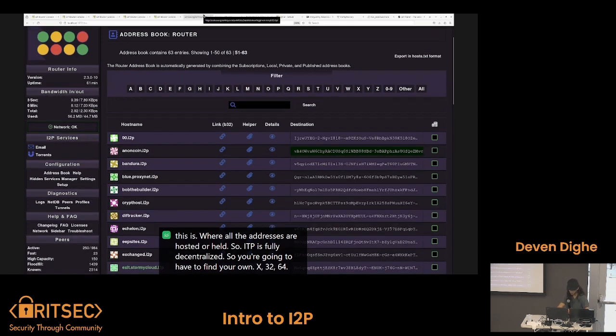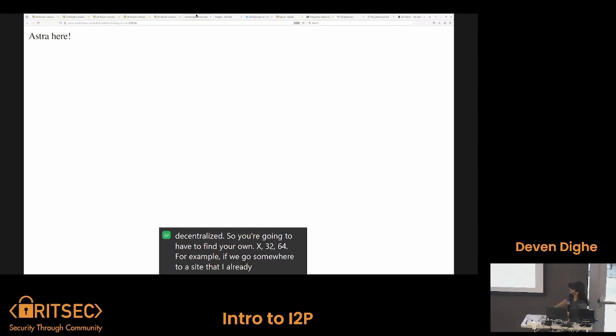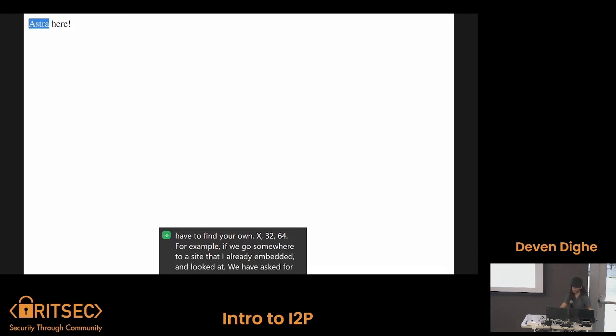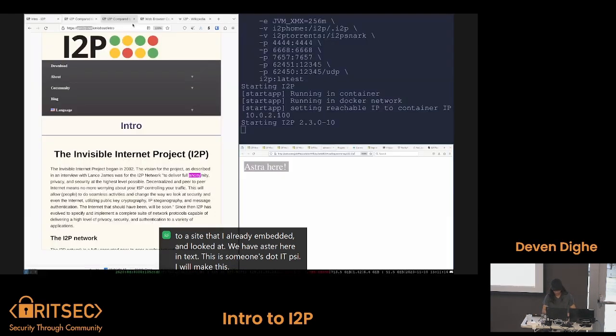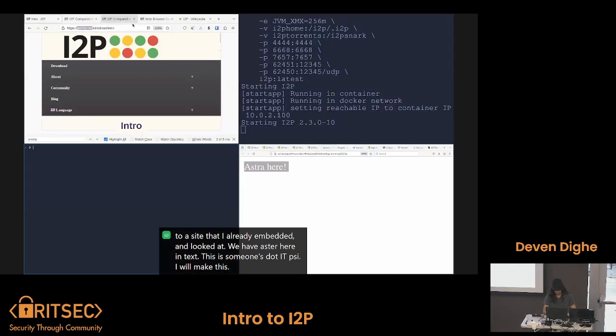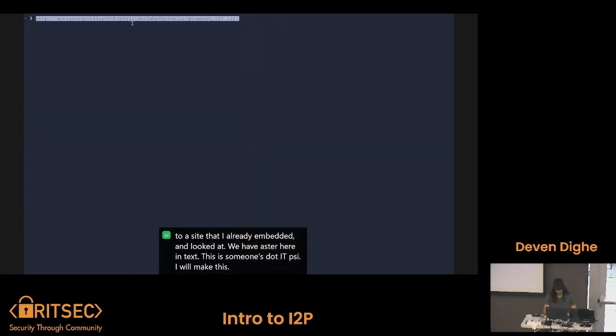For example, if we go to a site that I already vetted and looked at, we have asterisk here in text. This is someone's .i2p site. I will make this big. This is the URL.